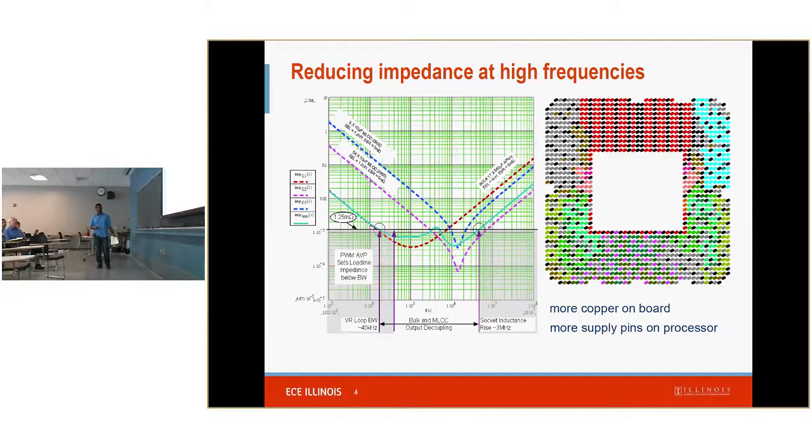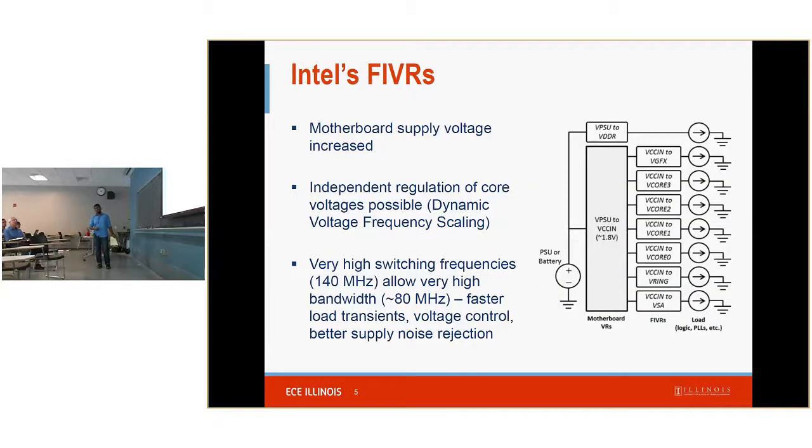So what Intel has been doing is integrating voltage regulators on the processor itself. On the PCB we supply a higher voltage and a lower current, designing a power supply which delivers a higher voltage and lower current, and they are internally converted to the core voltages